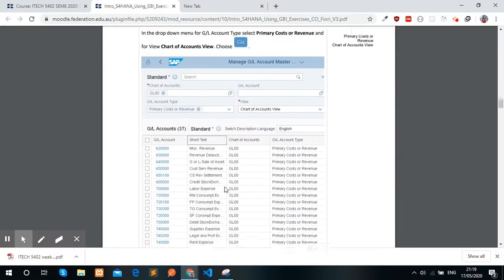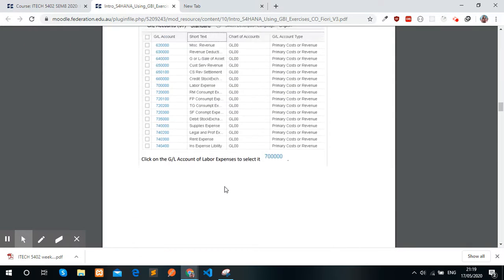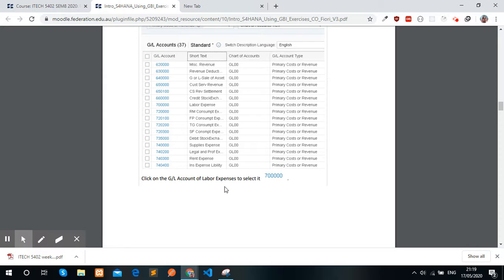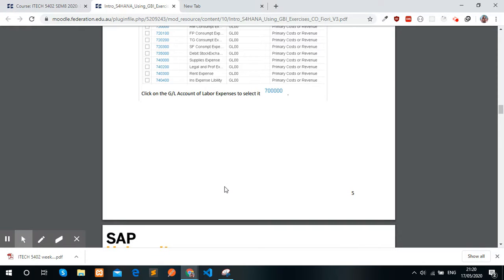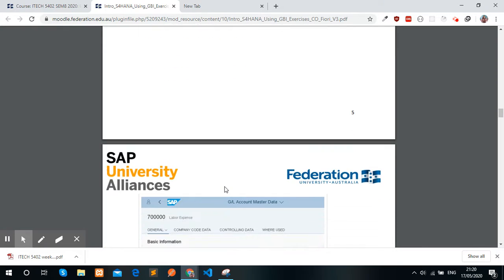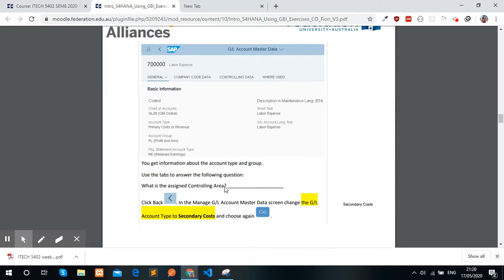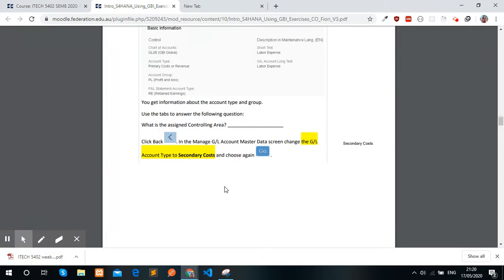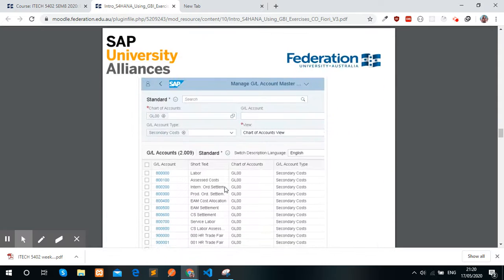We have to find all the general ledger accounts and search for the chart of accounts view for the global bike enterprise, and then we selected the primary cost or revenue and viewed the chart of accounts. There we can see the labor expenses and its controlling area. We could also choose the secondary cost to process further. And our